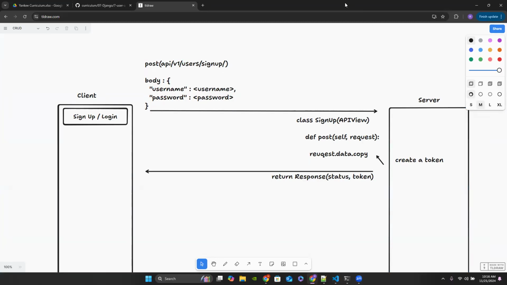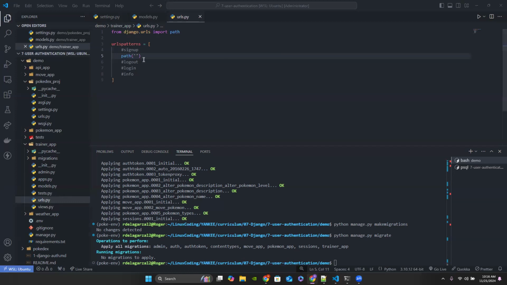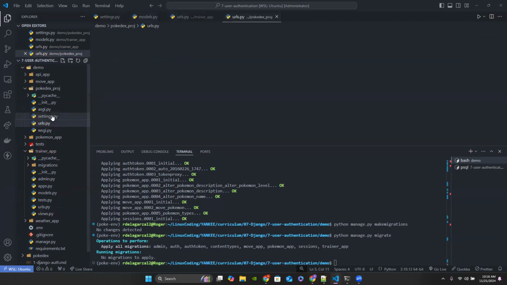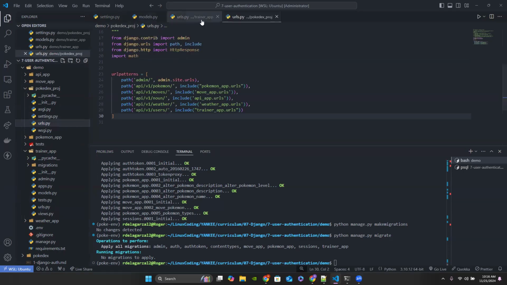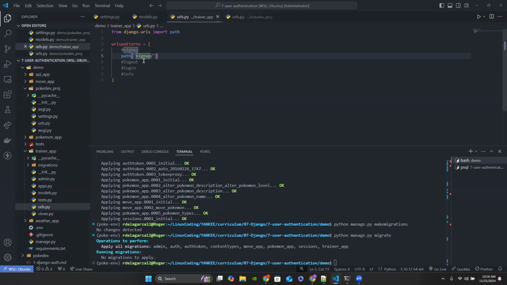Sign up forward slash, or sign up forward slash? Yeah, sign up forward slash. We don't have to add that forward slash behind it because that's within our urls.py. So good catch on that. So sign up forward slash. And then what I want this to include is going to be a sign up method that I'm going to create